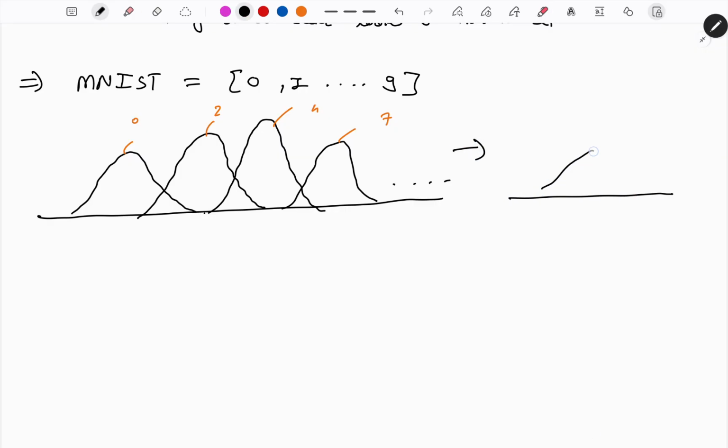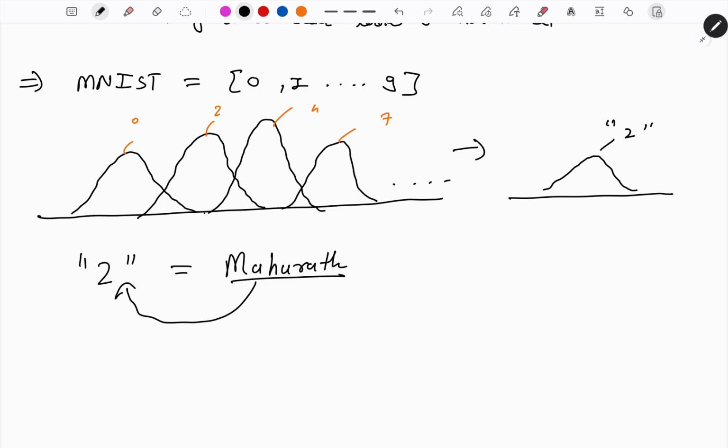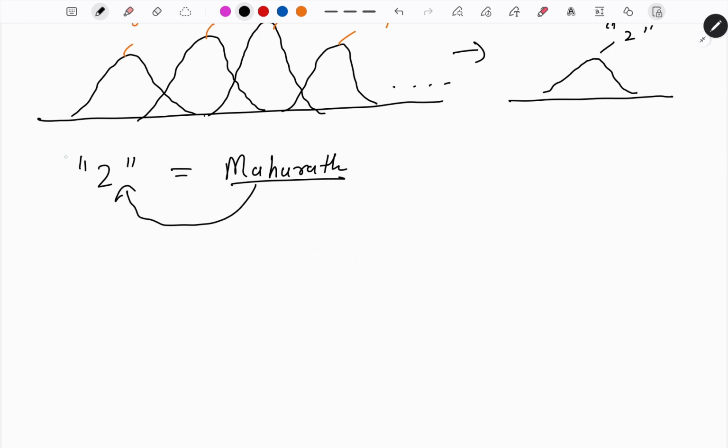Your generator only learns this one curve, only this distribution, let's say this is the distribution of digit number 2. अब क्या होगा, जनरेटर को 2 की इमेज बनाने में अभी महारत है। The generator is very good at generating an image of digit number 2, but it doesn't know how to generate an image of other digits like 0, 9, 7, 3। ये सिर्फ जानता है कि मुझे 2 कैसे बनाना है। So what happens is, 2 के ऊपर ये अच्छे से ट्रेन हो गया।